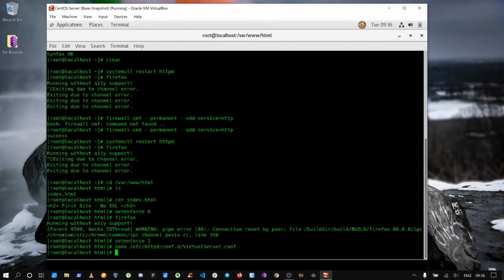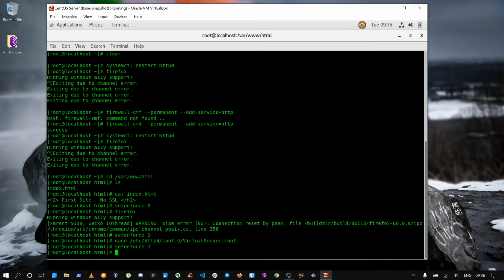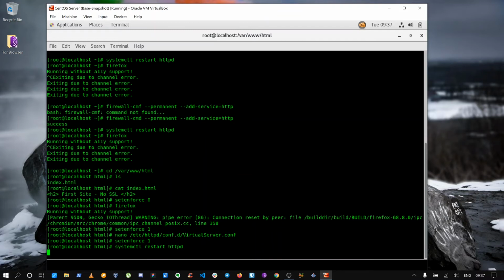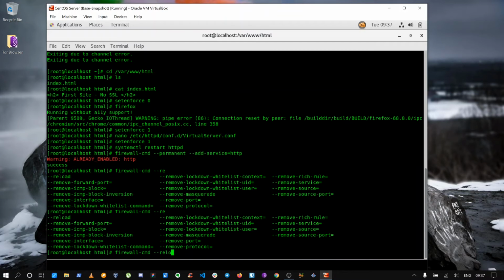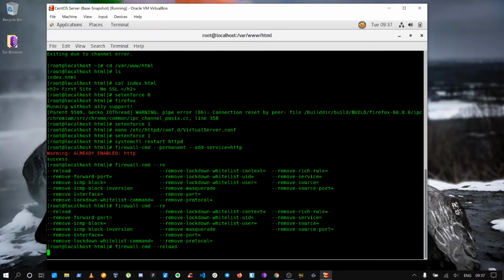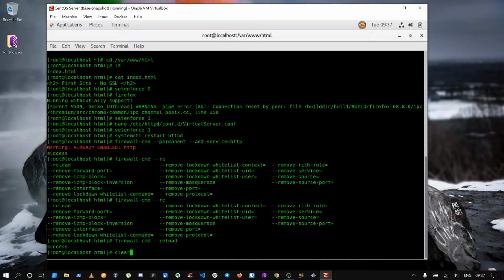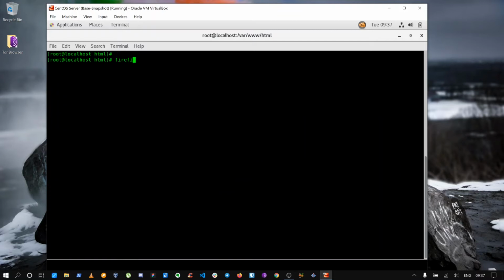So now let me set enforce 1, and the firewall. We added the service. It has already been added. Reload. Okay, and let us see if it's working in Firefox.